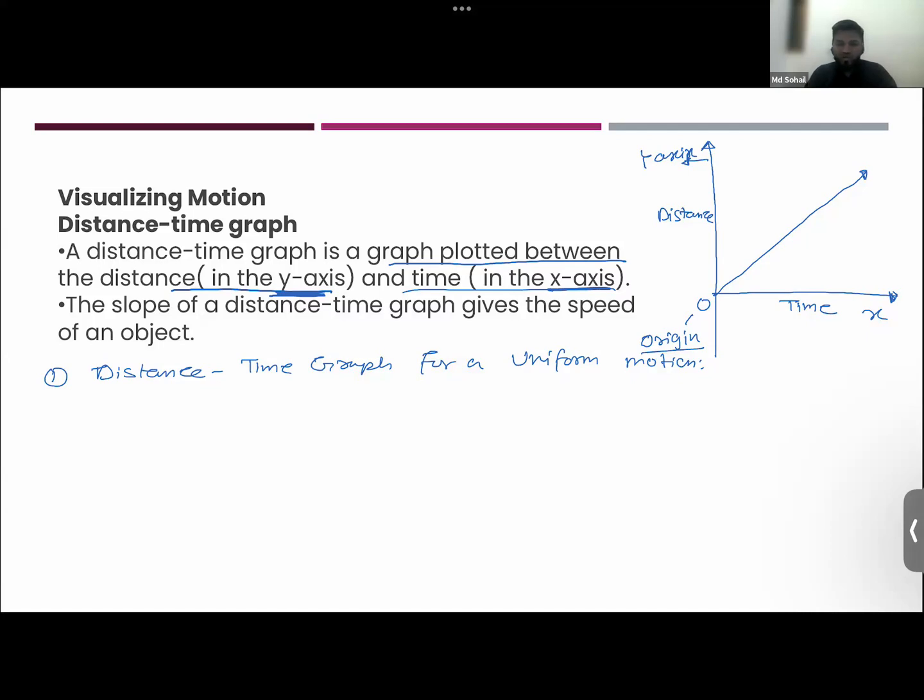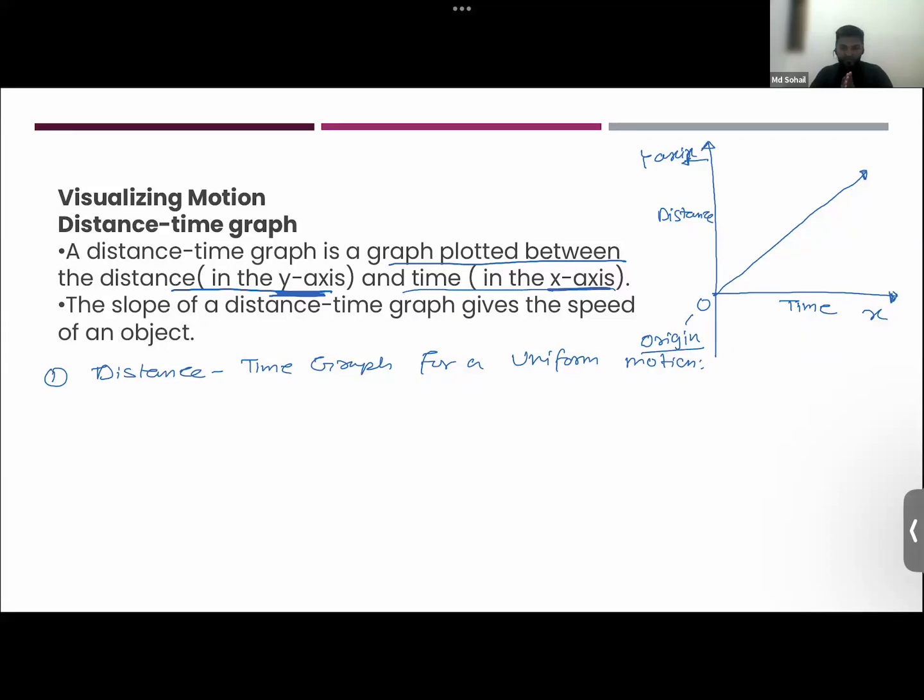In a uniform motion, does the speed keep changing or does it remain the same? Yes, Mafaz. Sir, it remains the same. Okay, so when an object moves with a uniform speed, or we say constant speed, it travels equal distances in